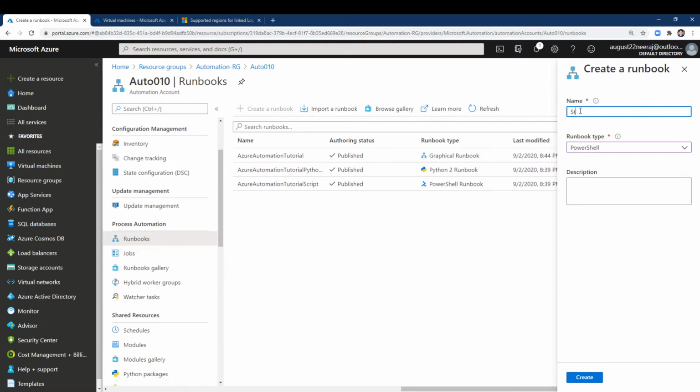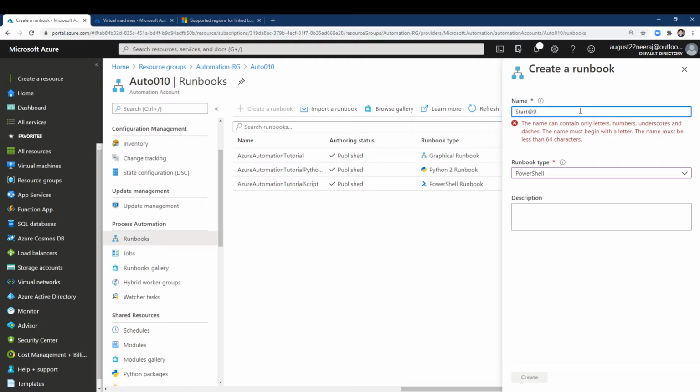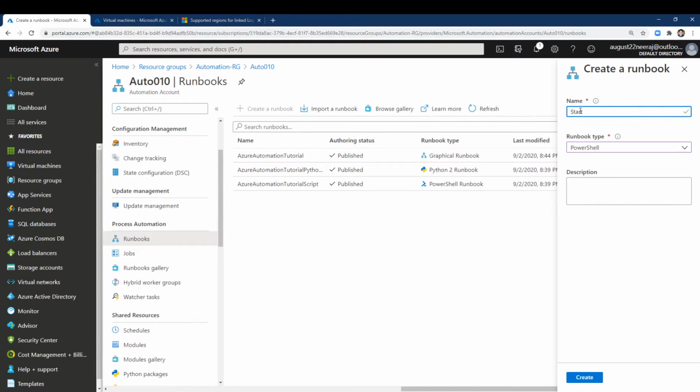Let's call it start at 9. Okay, I think alphanumeric characters cannot be taken, so start 9 should be fine. Start VM, I think, will be a better one. Start VM.